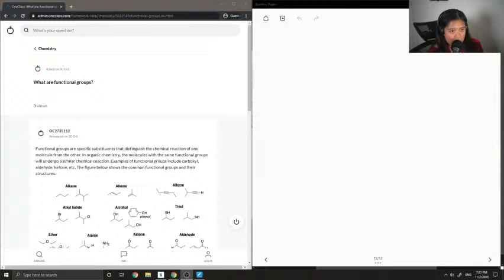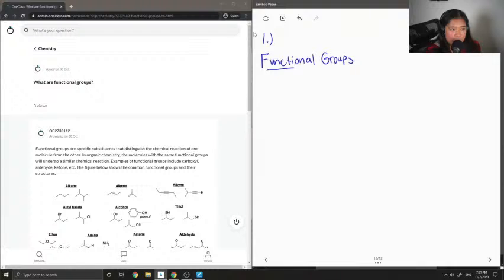Okay, so question number 1 starts off pretty broad, but basically they are asking, what are functional groups? Functional groups. So this is one of the first things you learn about when we're talking about chemistry or organic chemistry in general. And basically they are like substituents